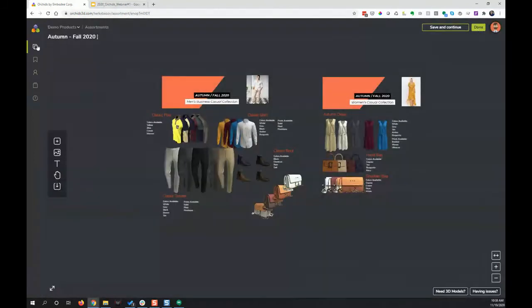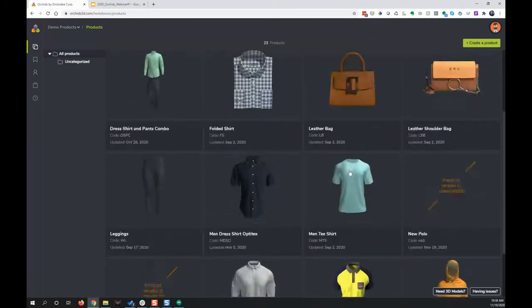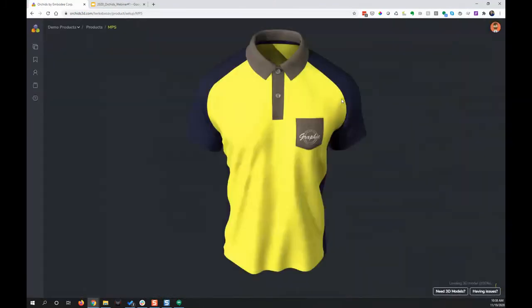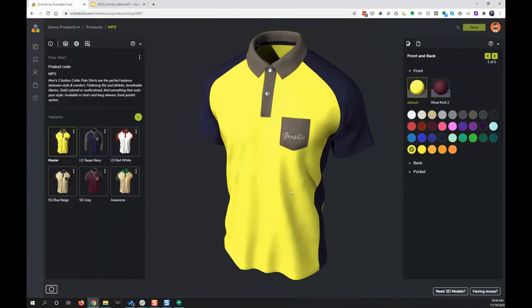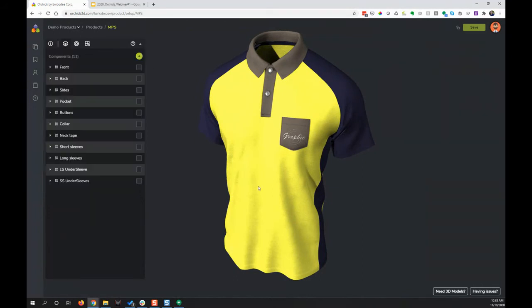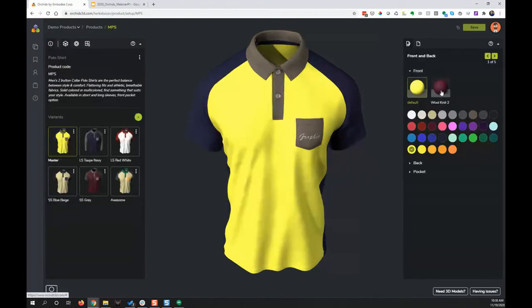All right, so one last thing I want to show, if I have time, is you might be asking, so where do all these materials and colors come from, and graphics and prints? So if I log in here, I come to a product, and I come over here to components. I can see the different components of this product. Components are a collection of meshes that can have different materials and colorways and prints applied to them for usage within the design tool.